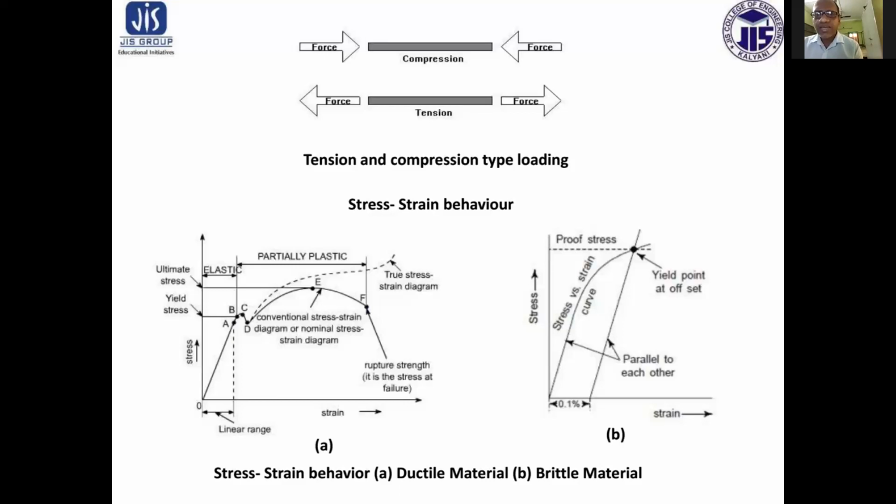After the maximum strength, an appreciable decrease in the material's diameter is noticed. So if we measure the corresponding diameter and divide the load by the corresponding actual cross-sectional area of the test specimen, we will get the true stress strain diagram of the material.